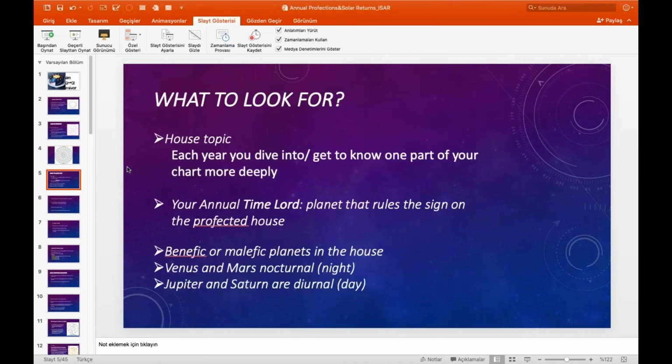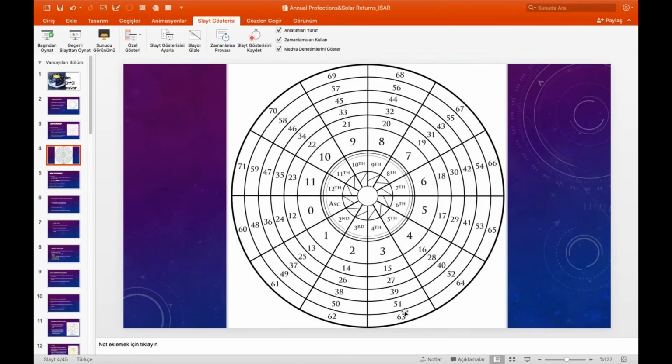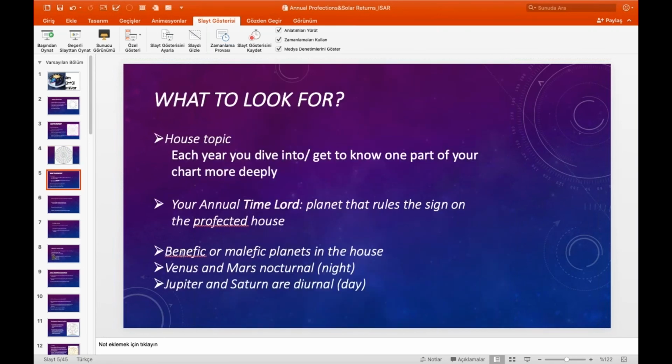And when we look at our annual time lord, if you are, for example, 39 years old, you are having a fourth house profection year. And if this is, for example, Aries and your year lord is Mars, then we look at